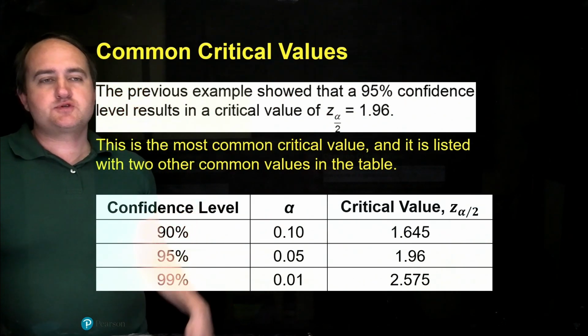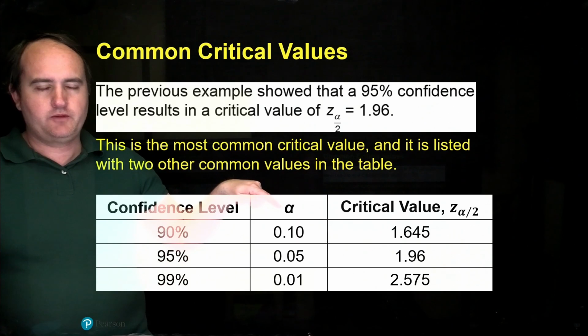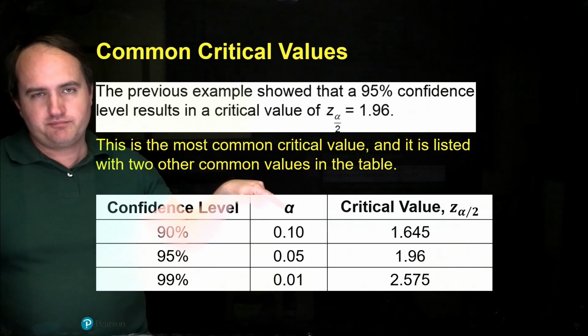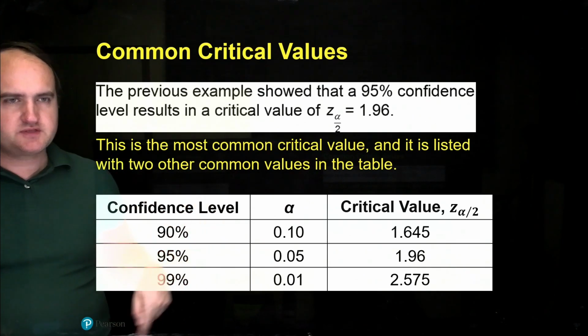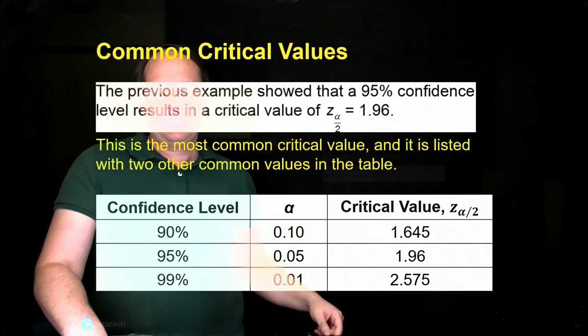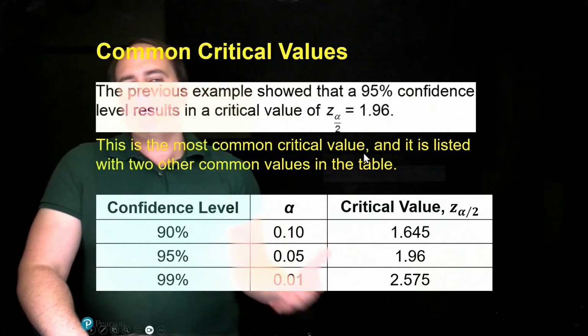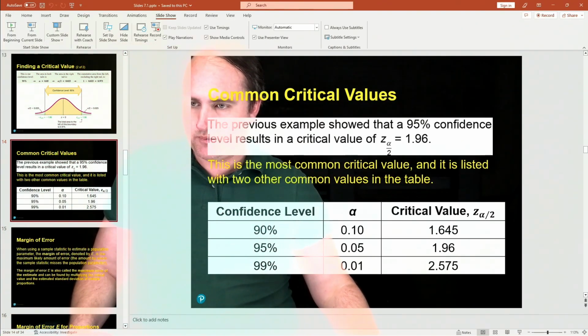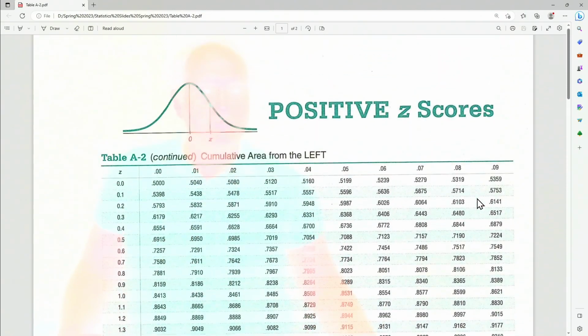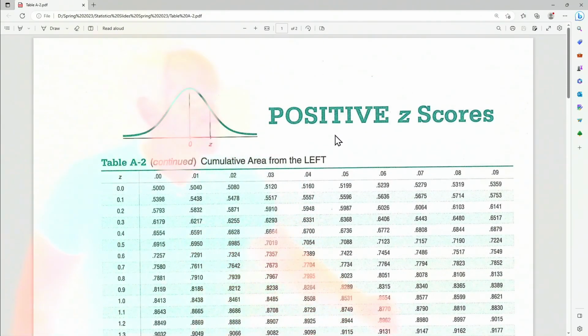And then in chapter 8, we'll talk more about alpha, which is a significance level. But like I said, it's not that important. So mainly just focus on confidence level and the critical value. And rather than always having to use this slide, you could just open up table A2. If you look on the page that says